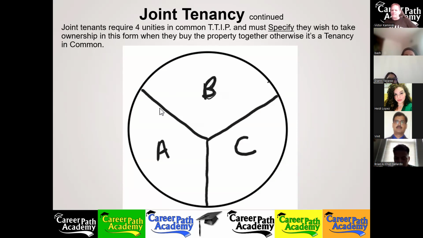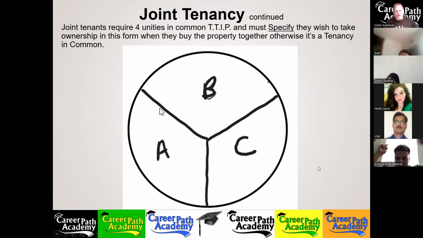That was a trick question because we're talking about joint tenancy. You automatically assumed it's joint tenancy. Remember, if you do not specify it's joint tenancy, what's the default form of ownership? It's tenancy in common. Okay, so I told you if you just look at this chart and you see three owners that have equal ownership shares, what kind of ownership is it? You guys jump to the joint tenancy. The default form of ownership, two or more owners not married to each other, doesn't matter what their ownership shares of interest are, it's a tenancy in common.